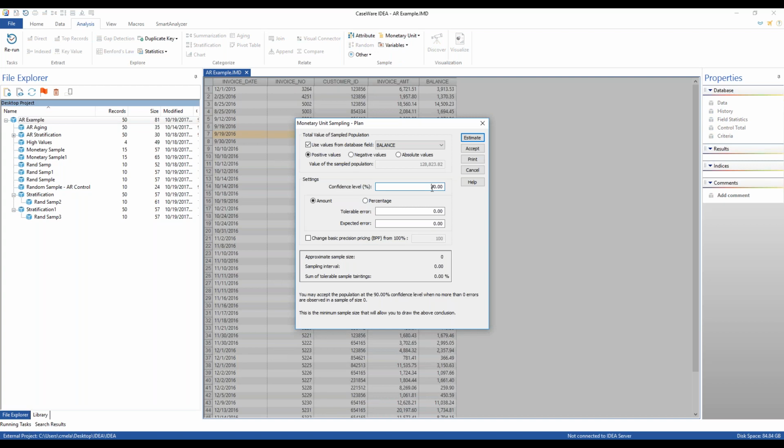The tolerable error that we're selecting is effectively our tolerable misstatement, or the threshold for where we propose an adjustment. One way to think about it is if you have an accounts receivable balance for $20 million and you test a majority of the items and you find one invoice, and only one invoice in all your testing, that's off $5,000,